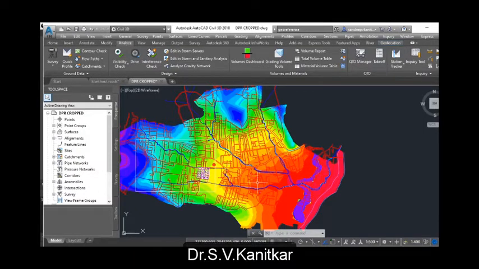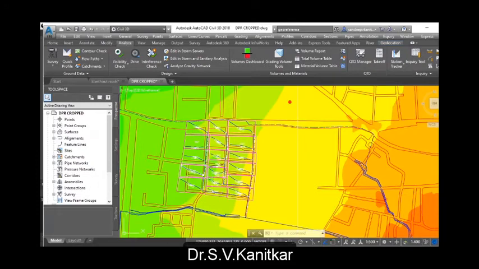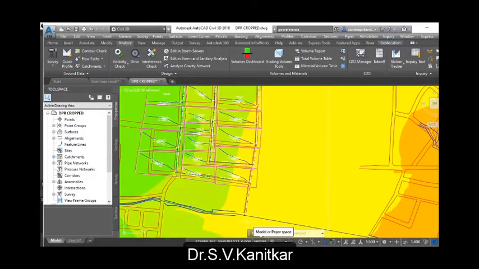So as you can see, this is a small Kothur subcatchment which I have extracted, along with this road network shapefile. In that you also see the surface, that is the digital elevation model showing different elevations, and if I zoom in you also have a small approximate storm drainage network, which is a part network which will drain this storm water to the natural stream which is shown over here in blue.